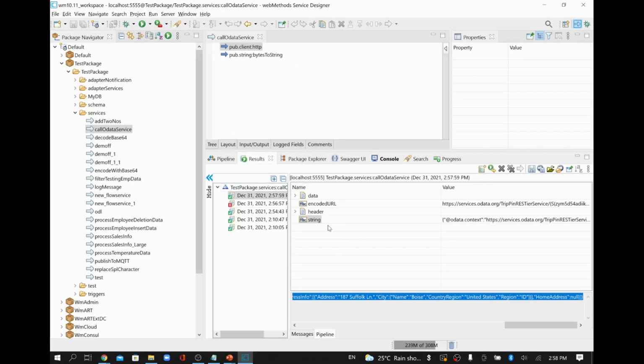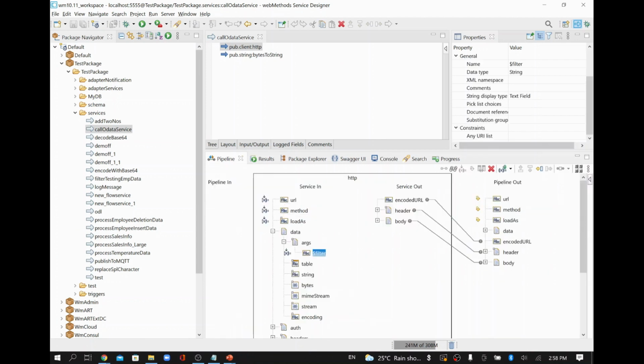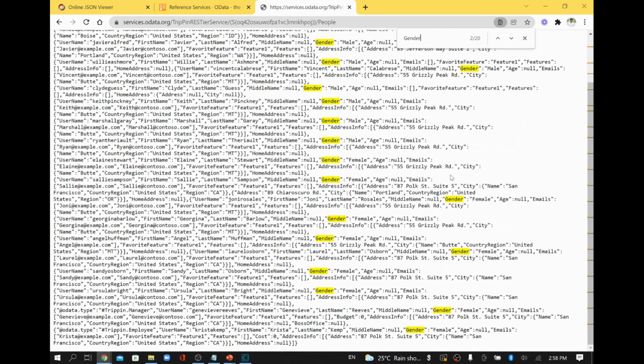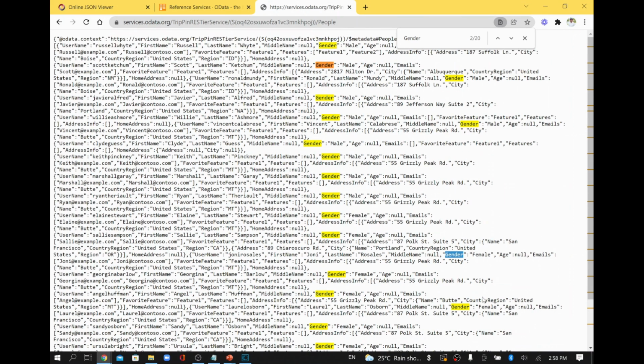So now I did a condition for only one field. Similarly, if you want to add more conditions, you can do that. For example, I'll just search. This is the entire record, right? I'm just checking whether there is any similar value in more than one place. Okay, so gender is there. Everything here is male, and I'm checking, yeah, there are some records with female as well. So I'm just going to take any records which have gender equal to female,